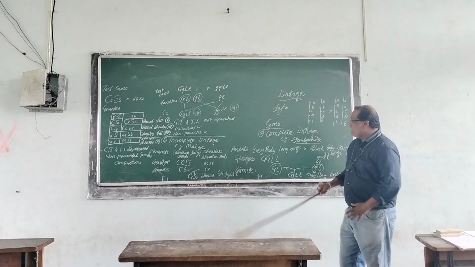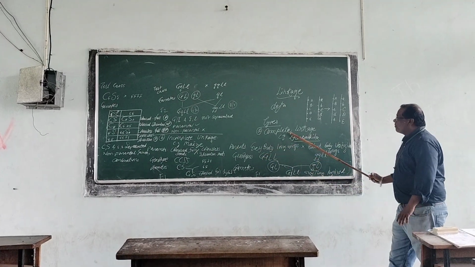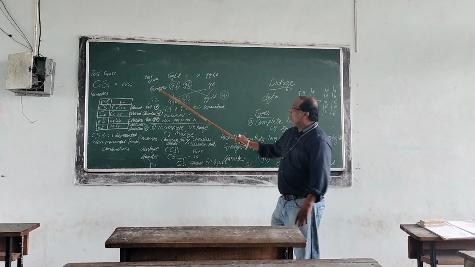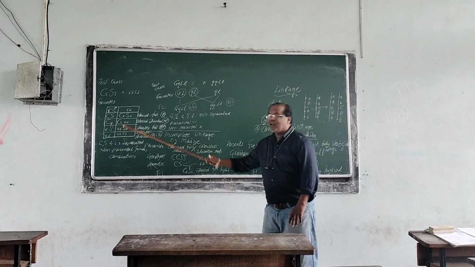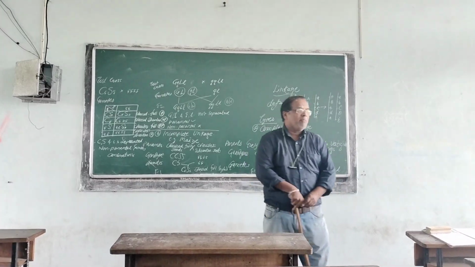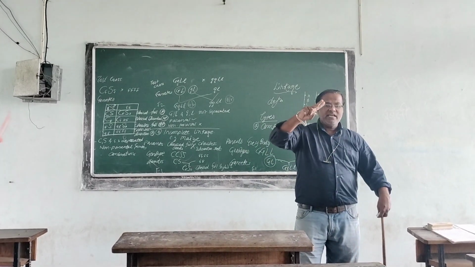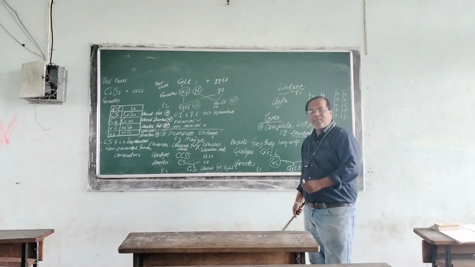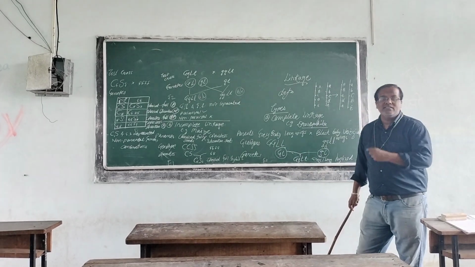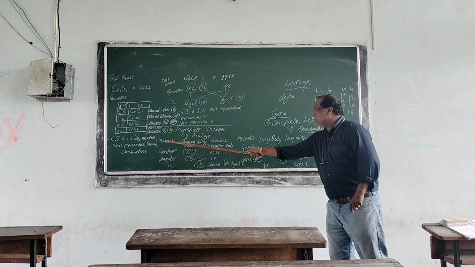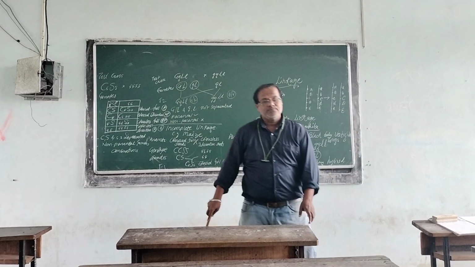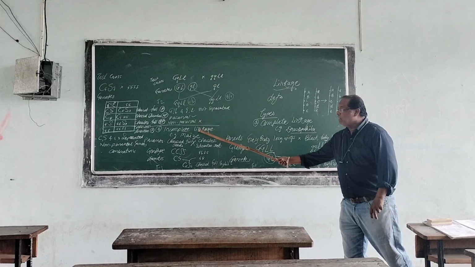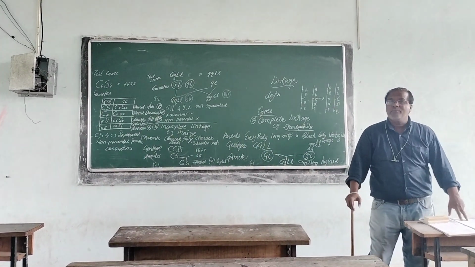What is the difference? In complete linkage, only parental combinations are formed. In incomplete linkage, non-parental combinations are also formed because the genes can be separated. The genes do not remain together as in complete linkage, they can be separated. Such type of linkage is known as incomplete linkage. Remember the example of Drosophila for complete linkage, and the example of maize for incomplete linkage.